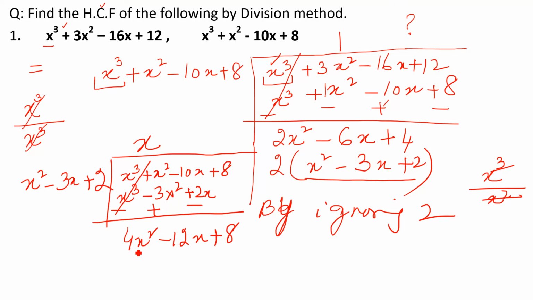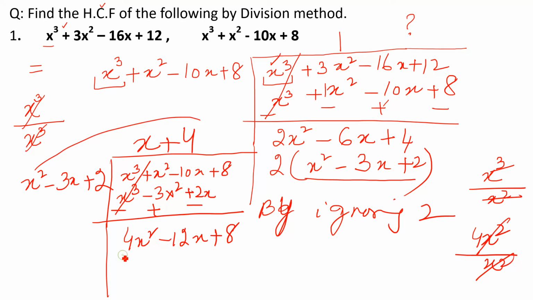Take the first term 4x square, and same thing for x square. So x square will cancel. Only positive 4 will go here. Now we will multiply 1 by 1. It will be 4x square minus 12x plus 8, and we will change the sign